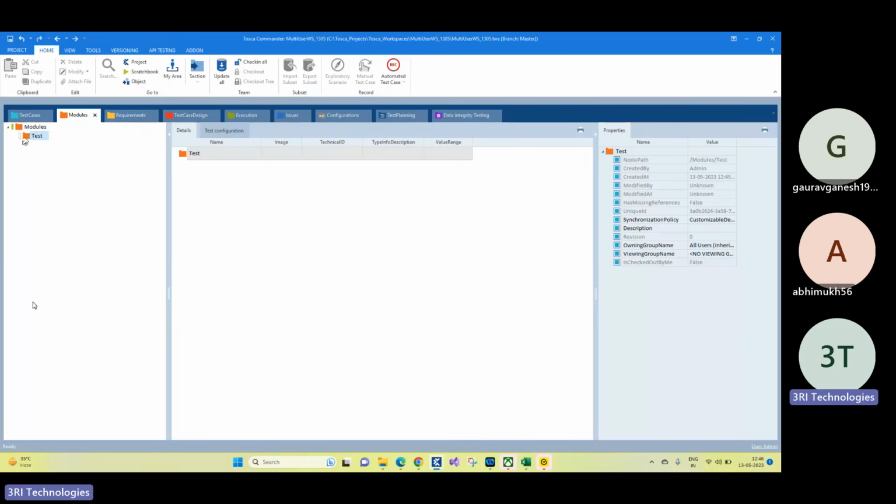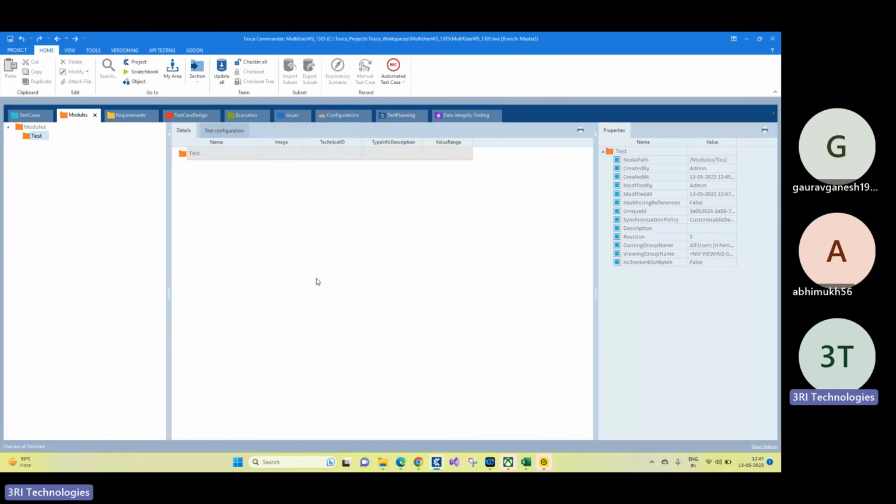Same way, I have created this folder newly, so you guys will not be able to see this test. Let's suppose I completed my task, whatever I wanted to do, I completed here. Now what I'm doing is clicking on check in all. Check in all means I am pushing the changes to my common repository.